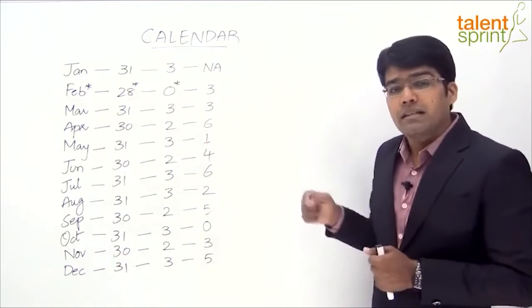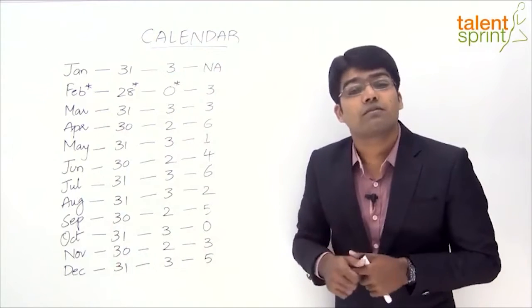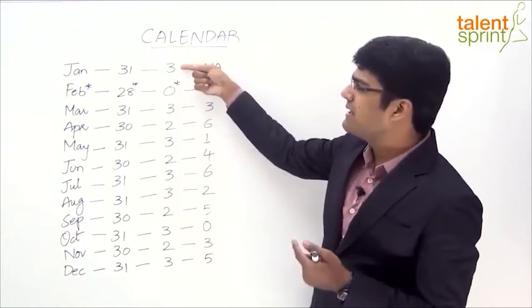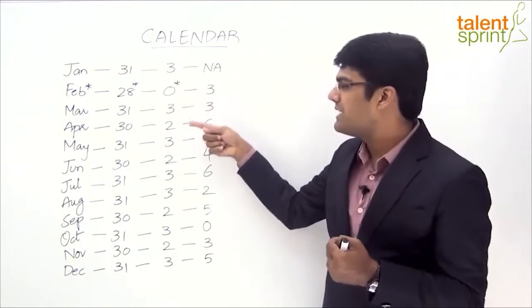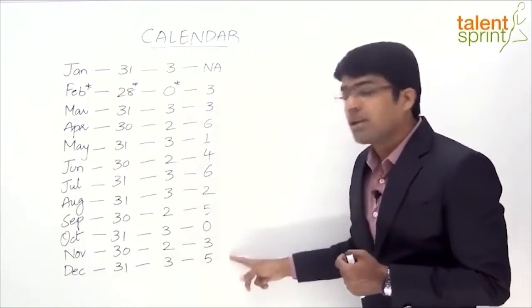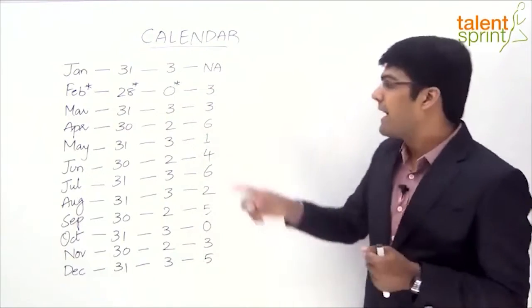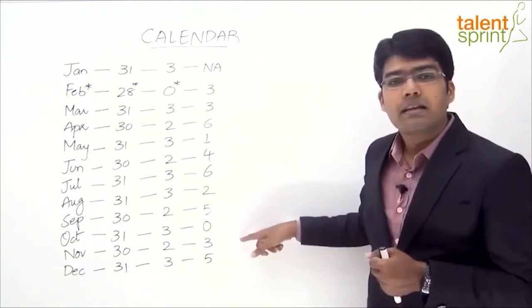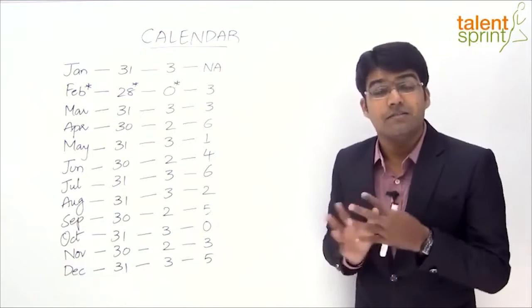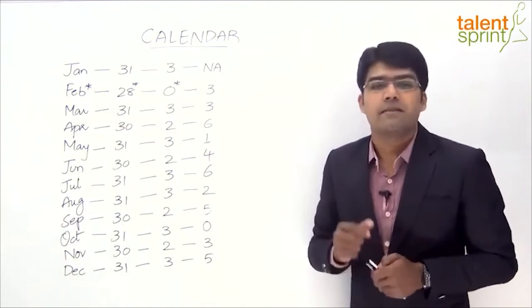Now if you remember in the previous question where we had found the day of the week for 15th August 1947, we have considered all these values: for January 3, for Feb 0, for March 3, April 2 and so on. But now with this fourth column here, we will be able to avoid that individual calculation. The value in this fourth column tells us the number of odd days for all the previous months. So this way we can save some time by avoiding the calculation for the individual months.